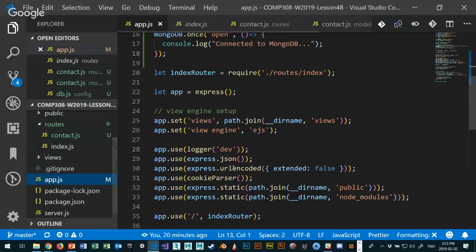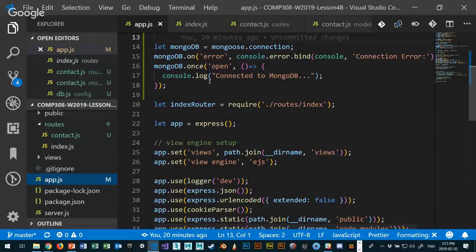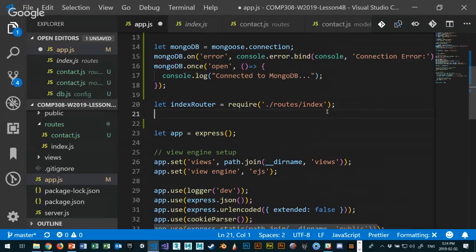Let's go back to my app.js. So here's my app.js, and I connect to the database, and I need to define my route. And it looks something like this. I want to call this the contact router, right? Because the contact router, what it's going to do is it's going to allow us to, hold on a second, make sure that I get this right. I don't want to waste your time. Yeah, the contact router, what it does for us